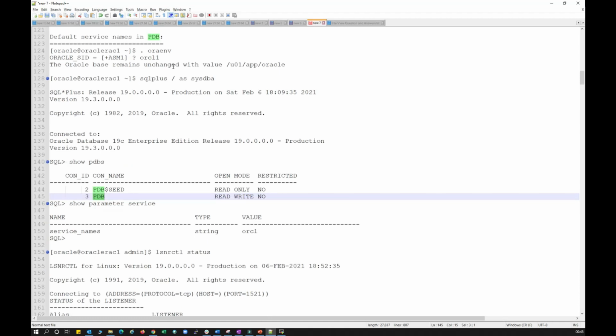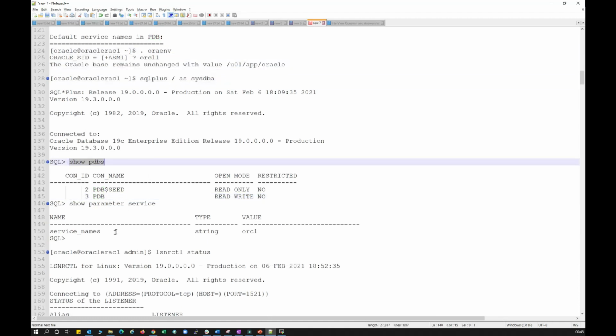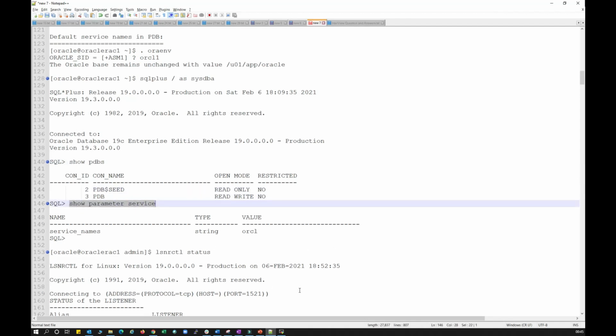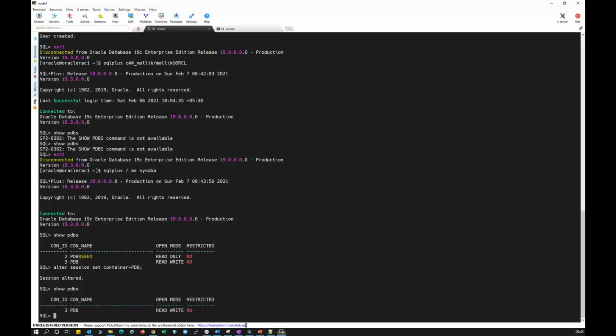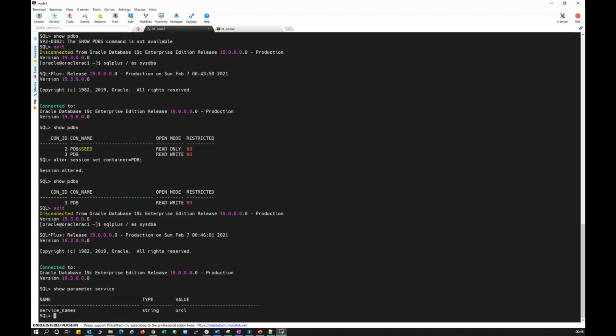So again, I'm connecting to my ORCL database. After connecting, show pdbs, I will be listing two PDBs here, and show parameter service. If you see, ORCL is a service, you can see it at your CDB level, right? I'll just exit and reconnect. I'm at the CDB now. If I do show parameter service, the service name is ORCL, that is my